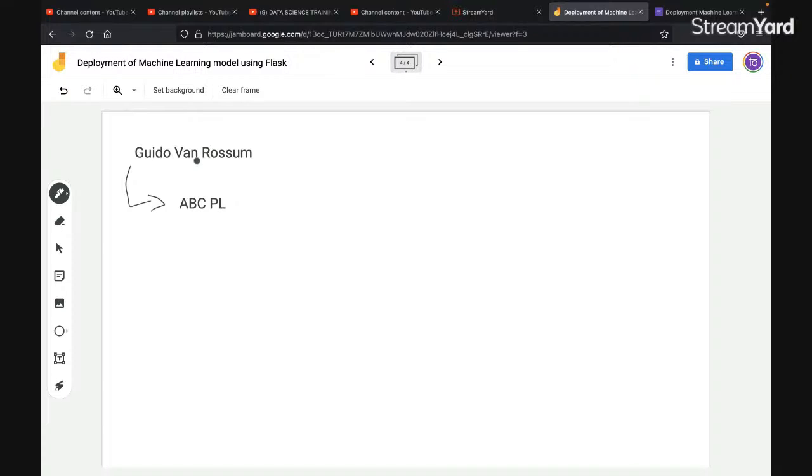So he started working on a new programming language, and he tried his best to create it in such a manner that the user can easily interact with it, and he tried to remove all the cons of the ABC programming language.